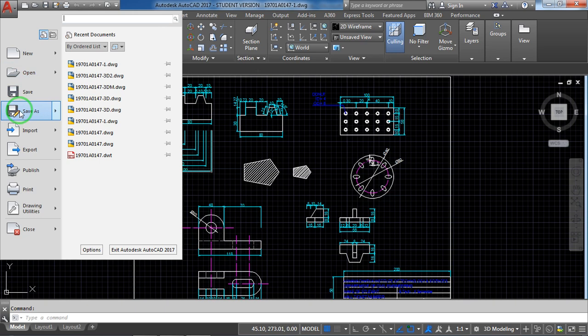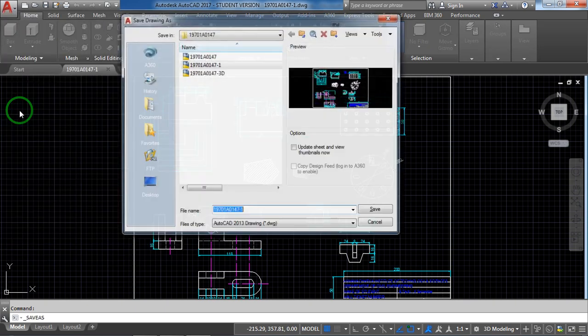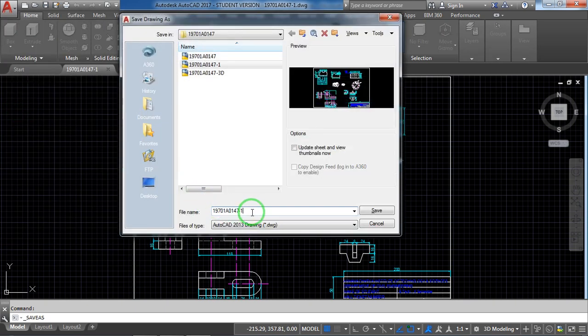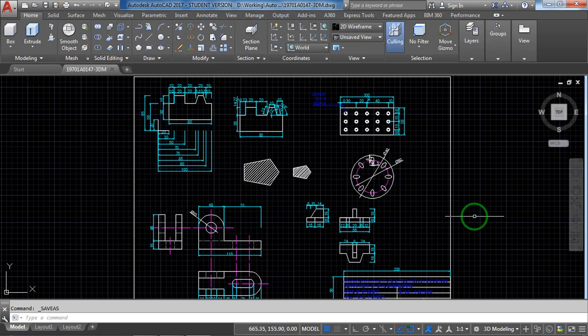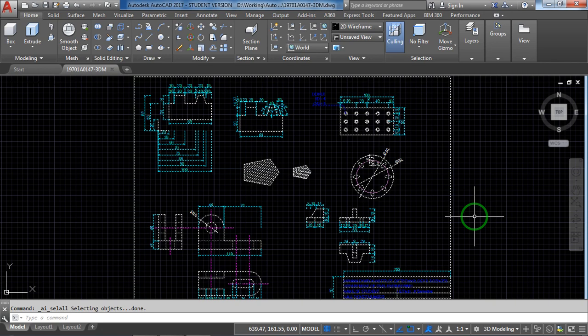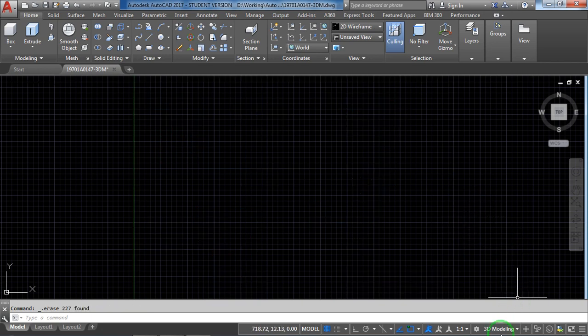I would like to do Save As, and previously it was 3D, now I will save this as 3D modeling, the wire model. After this, Control A, select all, and delete them.